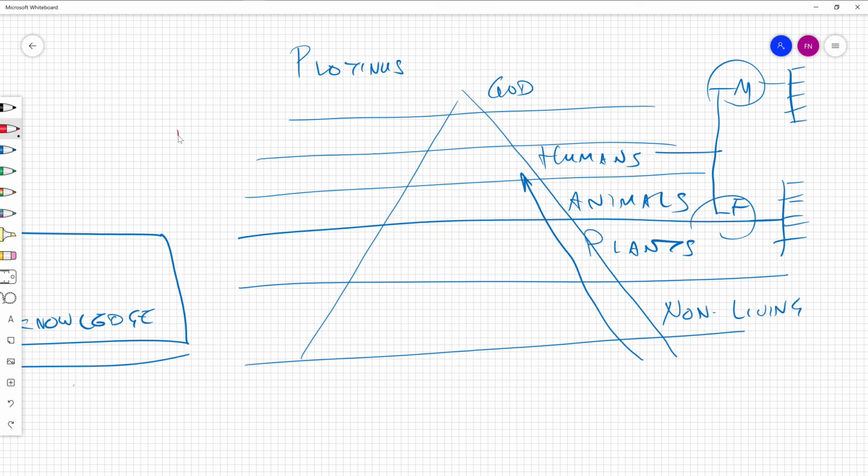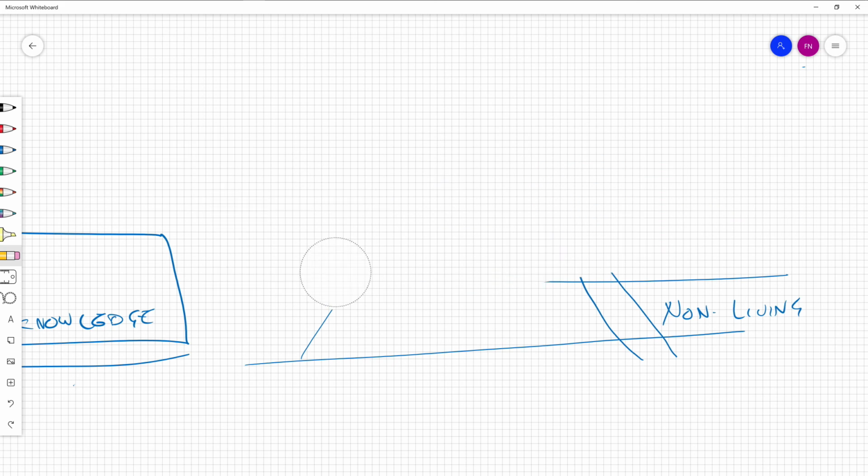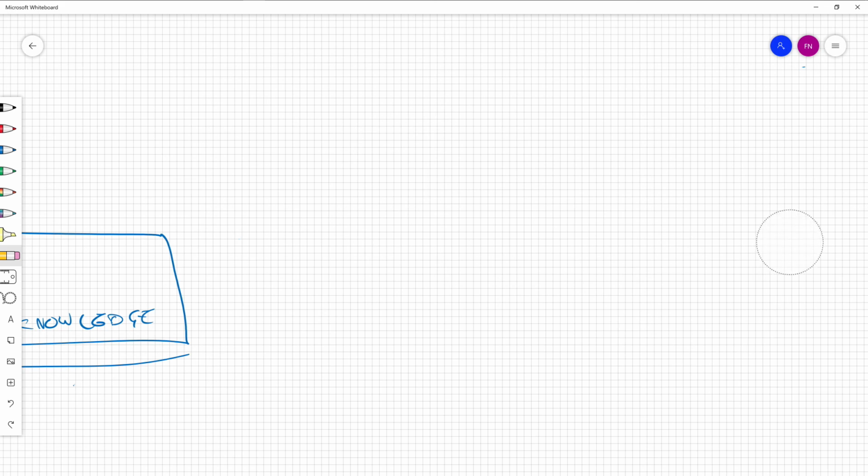Bonaventure would come along and he would argue, oh, humans can't get to God directly. So he invented the concept of angels, 9 orders of them, 3 major and 3 minor, as the intermediaries between humans and gods. On the scientific side, the geocentric view of the world by Ptolemy